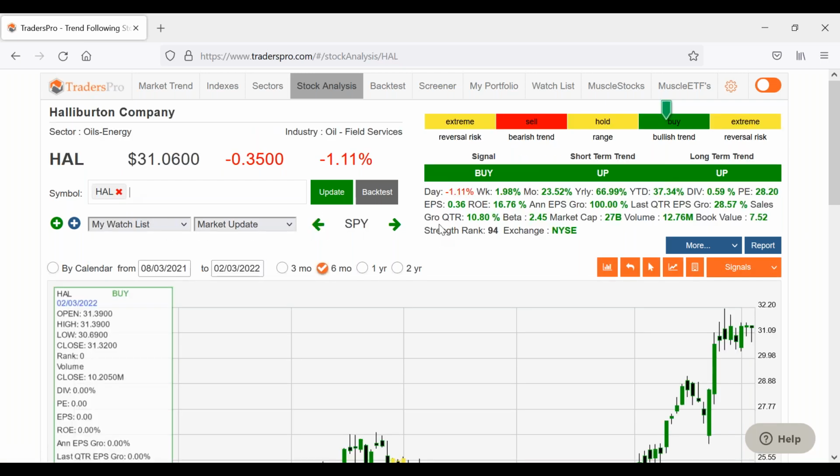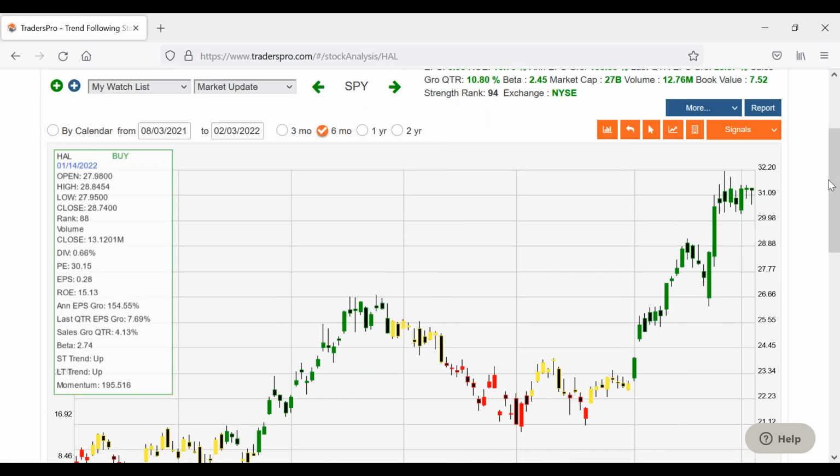So if I was going to be trading Halliburton, I'm not going to add Halliburton to the portfolio just because I've already got too many oil stocks. The reason I'm choosing USO is because that's just trading the whole oil group. It's not individual stocks, so if oil goes higher, I know that'll go higher. But you might consider it as kind of the same strategy as putting your stop down below here.